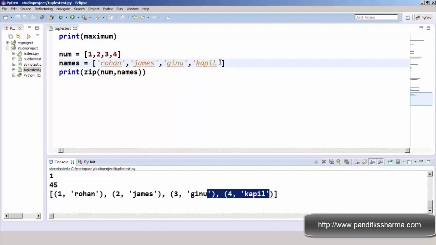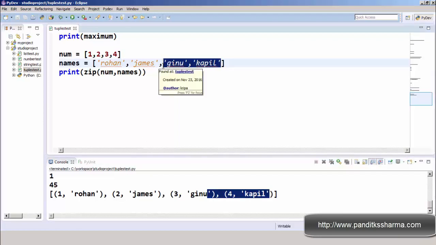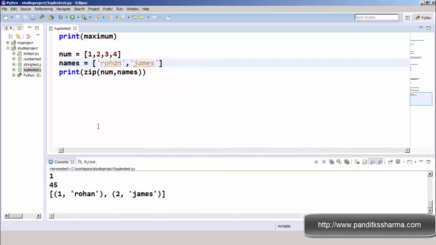If we have two values in the second sequence, how will it work? It will execute till 2. And what happens if I use a colon here? It will not have any effect because there is no third value. If a third value is there, then it will be assigned to the third element of num. So I will give here, suppose, 4.5.